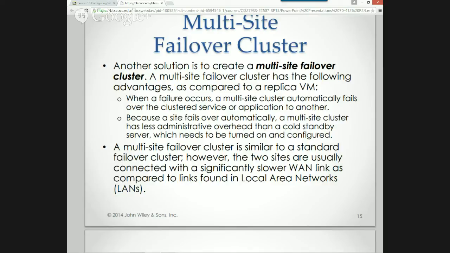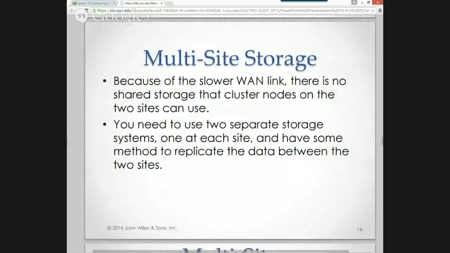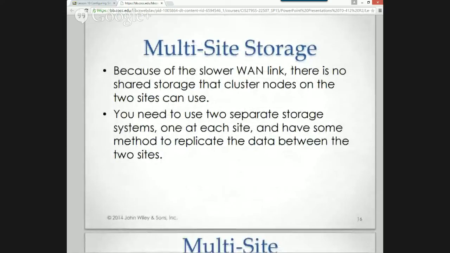At the other location, to do a multi-site failover cluster, I have to have also storage that is also synchronizing in addition to the servers synchronizing at the other location. So what are we talking about here? A lot of time, a lot of money, and if we lose that WAN link, a lot of configuration. Yeah, because the SANs have to communicate with WAN links. Right, and the clusters would have to communicate their heartbeat over a WAN link, because when does the site B cluster know to come up and become active?